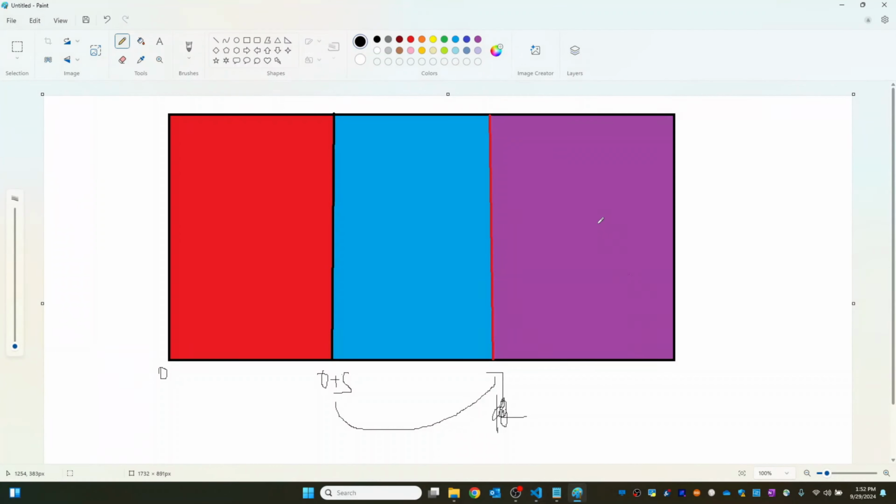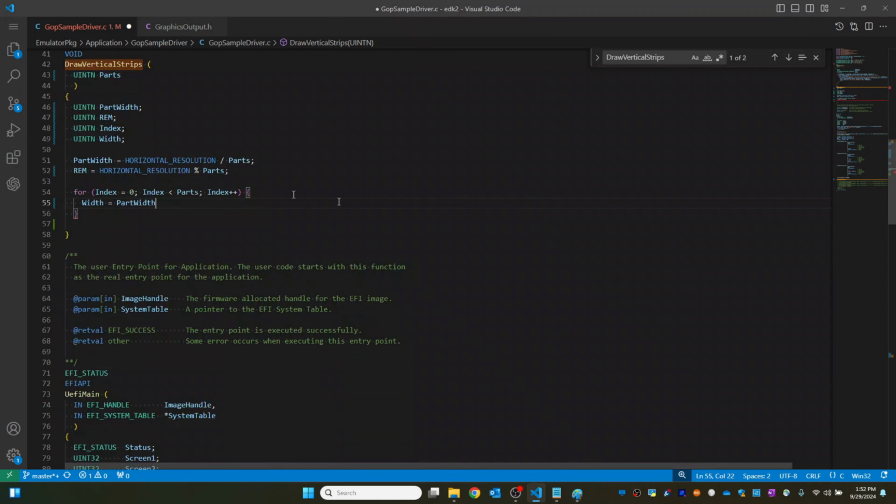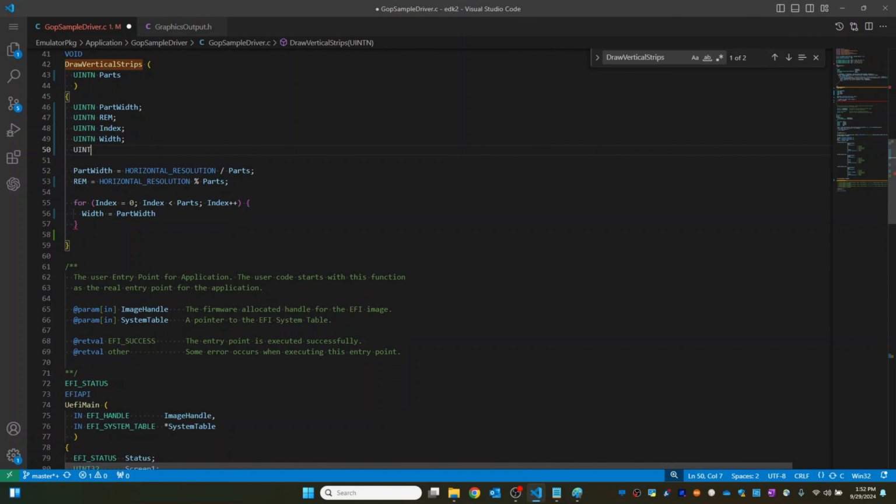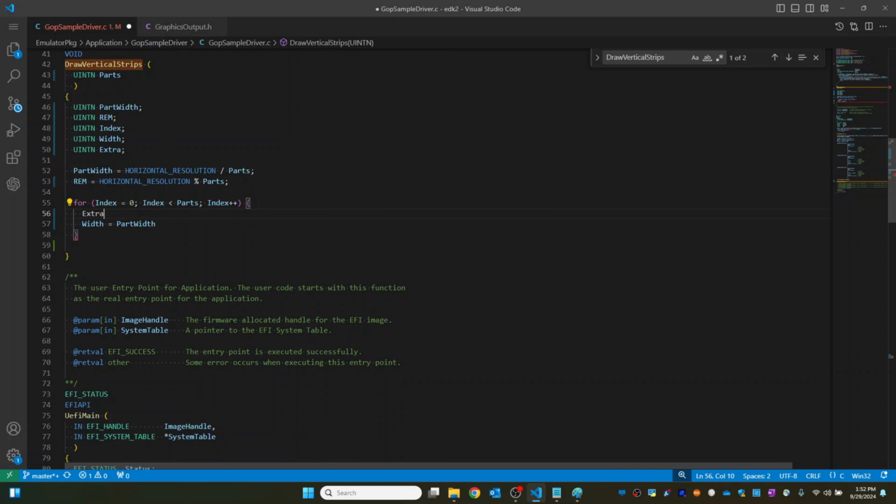Which means if, after dividing, there is some portion of the screen left over, we will also give it to the last part. So I will call this a uint, say, extra. Let's calculate the extra first. Extra is equal to, is this the last loop iteration which we are checking? So if index is equal to parts minus 1,